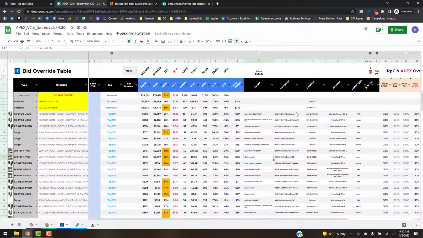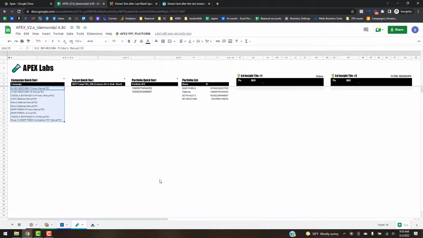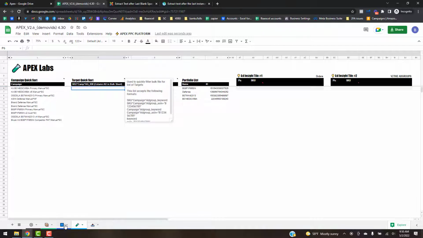So what you can do with that is, say you want to see all of the rows in your bulk sheet that are one specific target. This filter is a little bit dynamic, so you can plug in just a keyword in this one, or you can plug in the actual unique identifier,